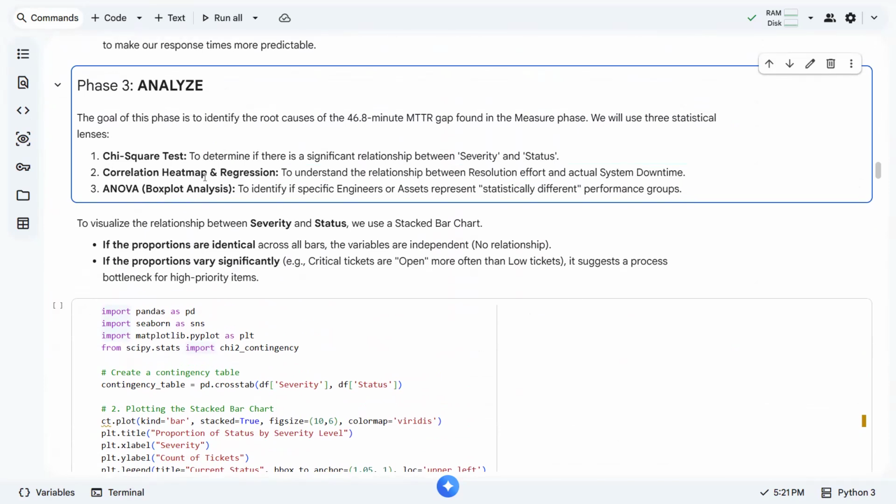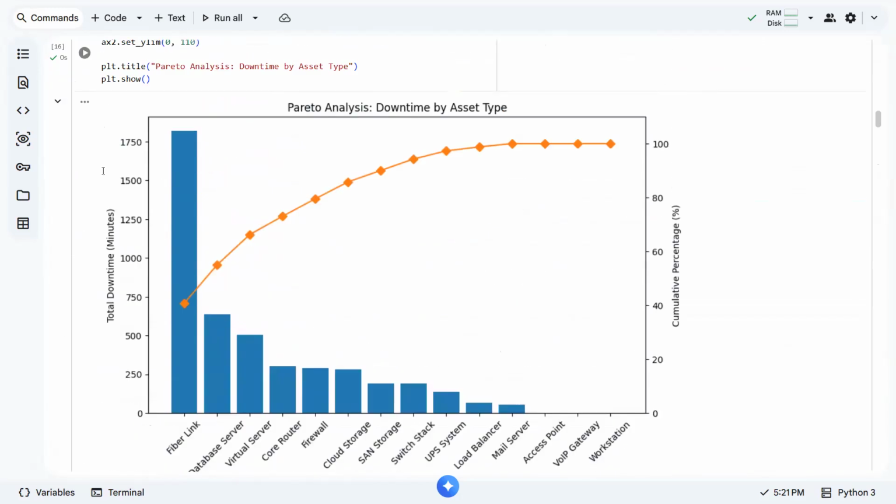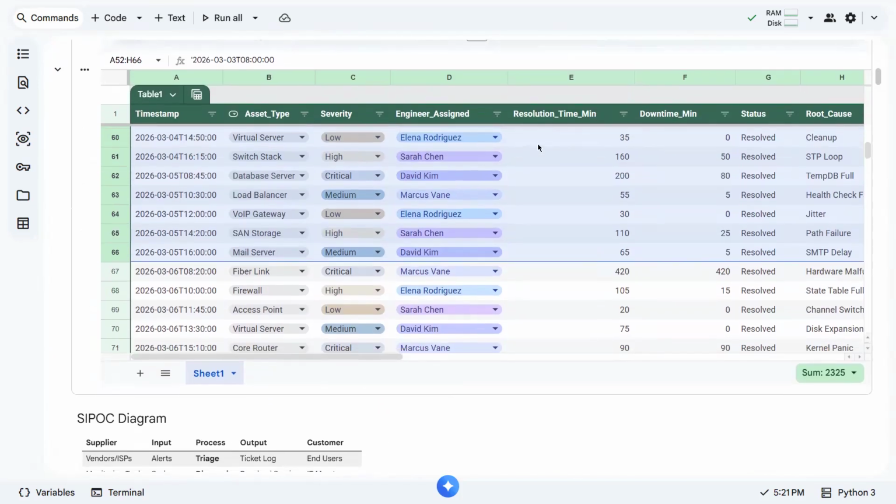Chi-square is used to determine if there is a significant relationship between our categorical variables such as severity and status. Meaning, if this is our data set, we have the severity. We want to see, is it true, for example, that high severity means unresolved or low severity means they are resolved, right?